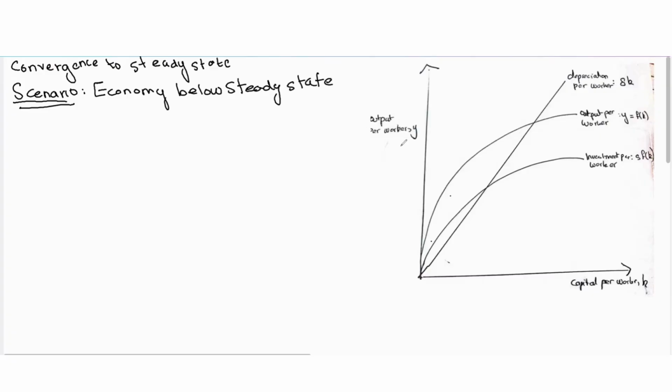So let's start. Let's see what the steady state value is over here. We know investment per worker is equal to depreciation per worker. So we know this is K star, and corresponding to this, we can find output per worker through the per worker production function, Y star. Now let's suppose the economy starts at K naught,